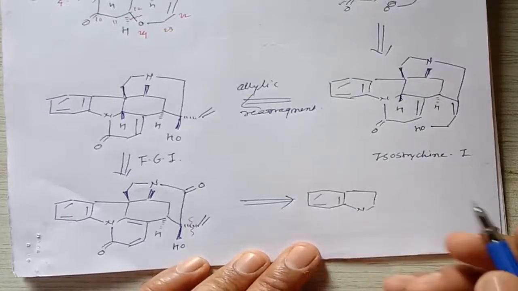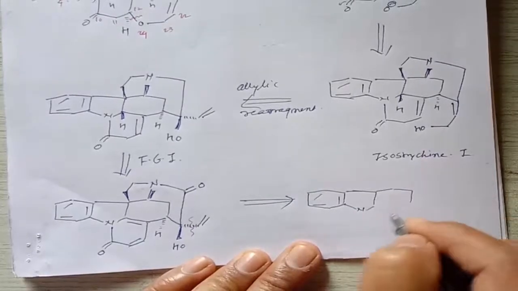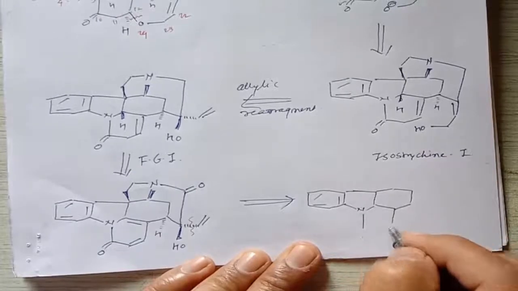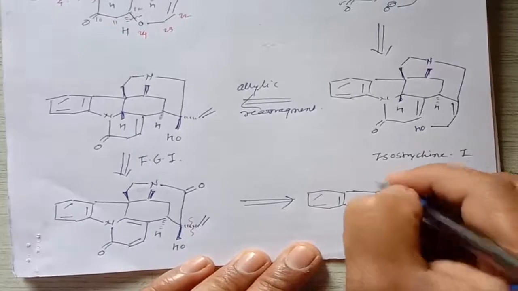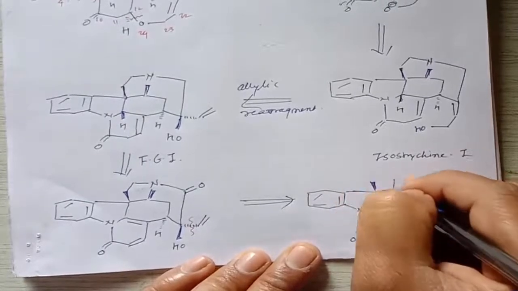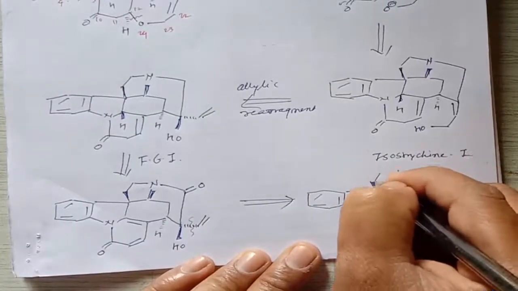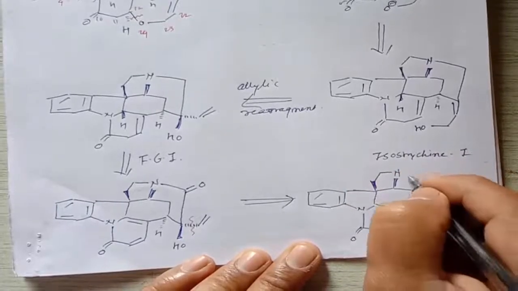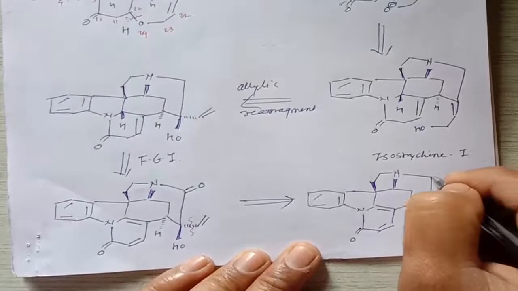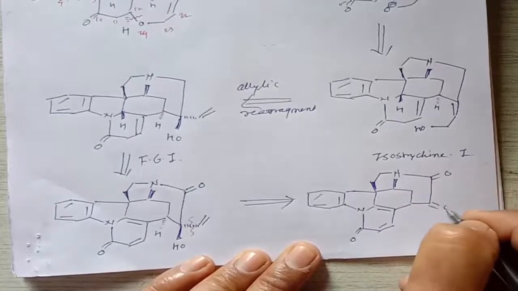So here is an aromatic ring, the same there. So this 6 member is again the same here. Here is this 6 member again the same here. Here is a double bond. Here is a double bond. Then this carbon is above the plane. This nitrogen is above the plane. Then CH2N, and then we can introduce a carbonyl function here, right?